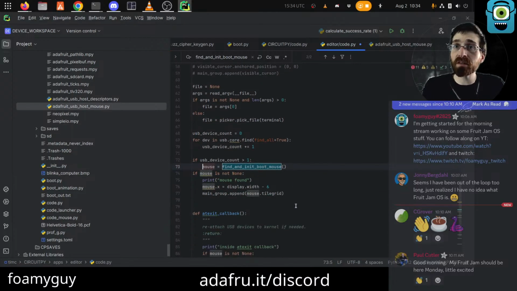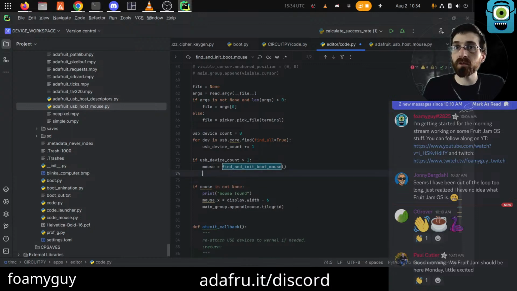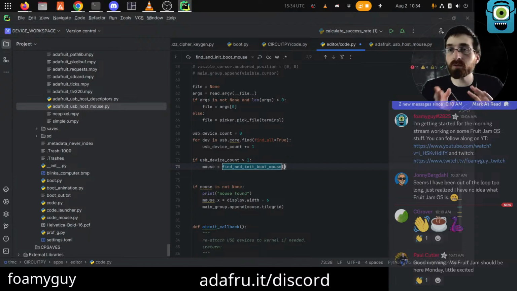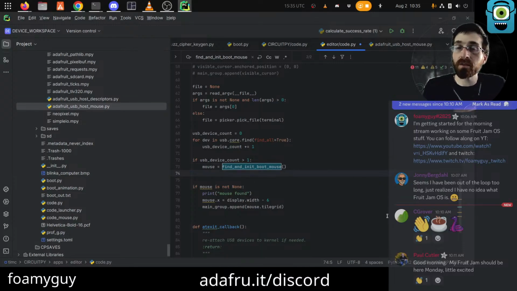I'm hoping that we can have code in the core that will maybe let the core occupy only an endpoint, and when you detach only an endpoint, then we could have the core do its thing with the keyboard and the CircuitPython code layer do its thing with the mouse endpoint.